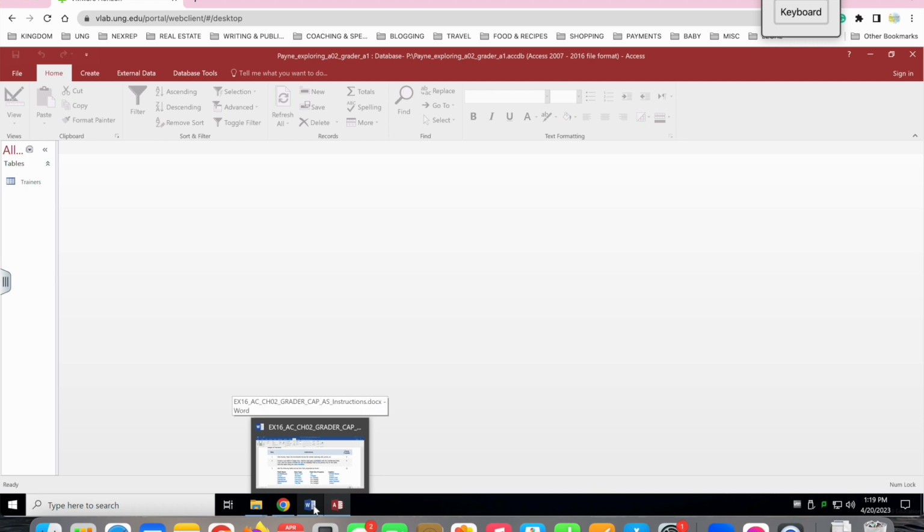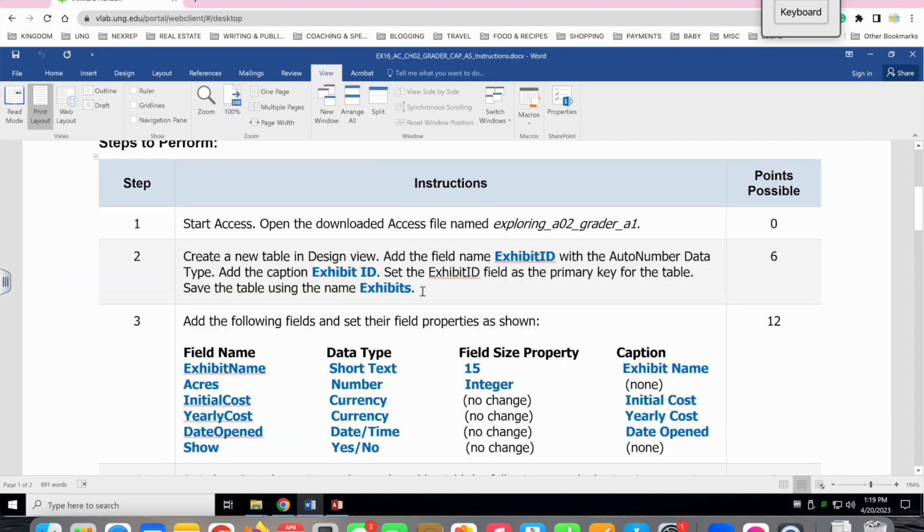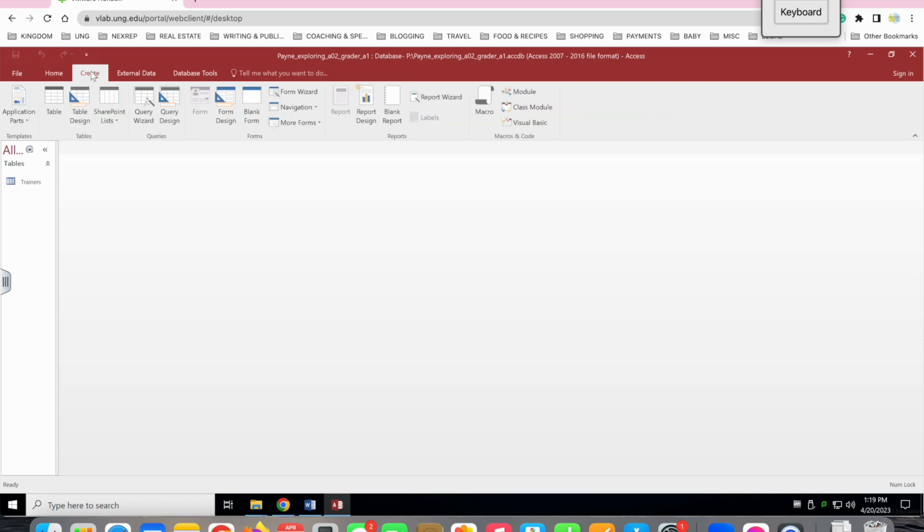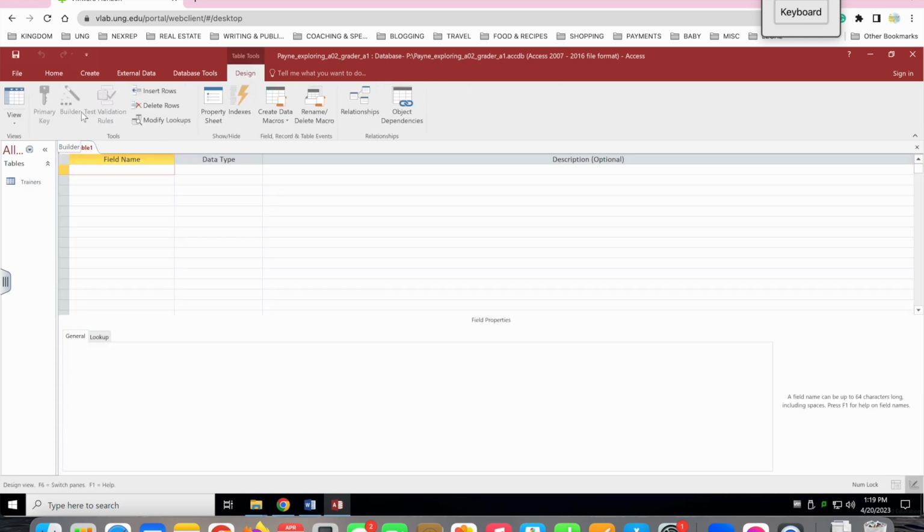Okay, now we're going to go to the next step, which is to create a new table in Design View. So we're going to go to Create, and then we've got Table or Table Design, and it wants us to do Table Design View, so we're going to do that. Okay,